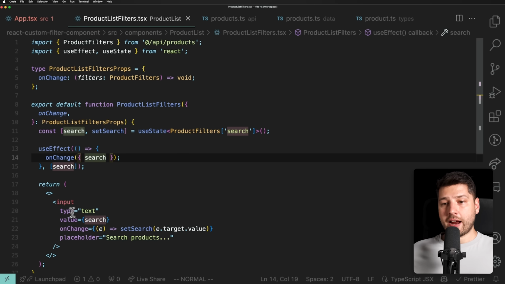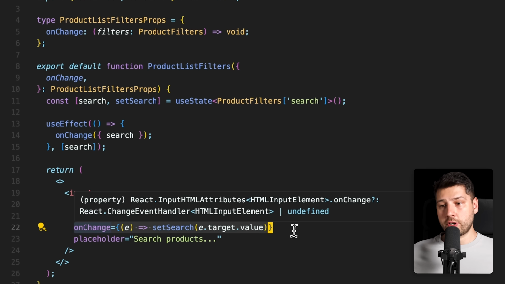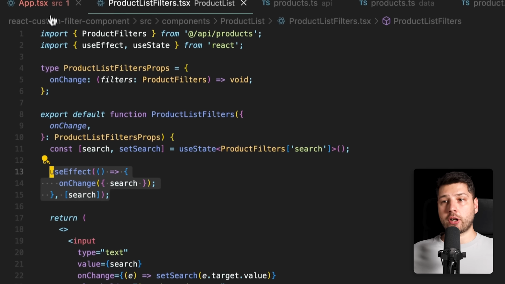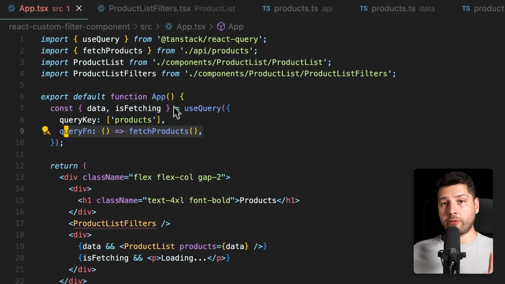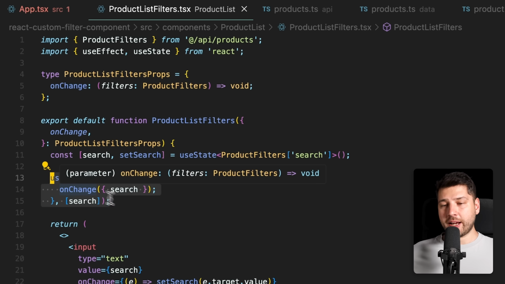So now with this, every time that we type on the search, every time that we change the search, this onChange function is going to get called. It's going to update this state variable with that new search. That is going to trigger this useEffect, and it's going to come here, and then we're going to be able to access that new value inside of this component. But before we do that, I want to caution you not to do things like this directly,